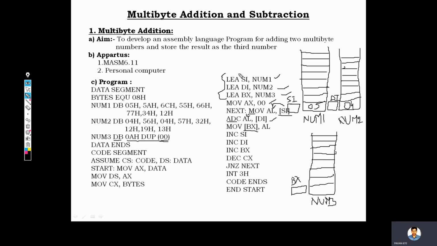The LEA instruction, the load effective address instruction, provides that num1's starting address is now referred by SI, num2's starting address is referred by DI, and the num3 result array's starting address is referred by BX. Because of these square braces, this is indirect addressing, so the value located inside each referred address will be accessed, added, and finally stored in the BX referred location. What is this location? BX is referring to the starting address of the num3 array. Into this location, this summation will be stored.